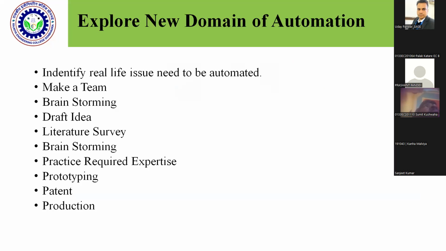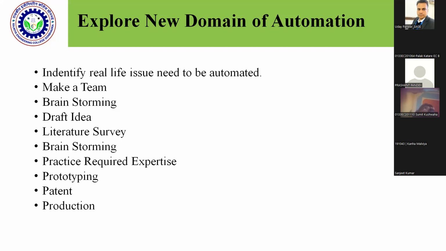So what will be the process of exploring the new domain of automation? We at the college are working on two or three projects right now. One is an automated cooking robot. Then we are looking at a smart dustbin, which will not only look at how much garbage is coming out, but also what kind of garbage people are producing. And we can also process that data so that it can be well monitored in a further stage.